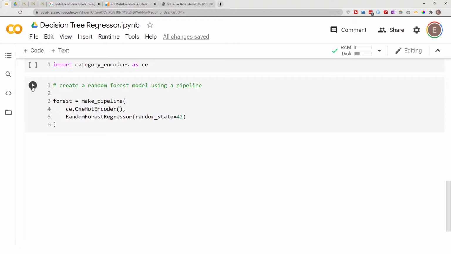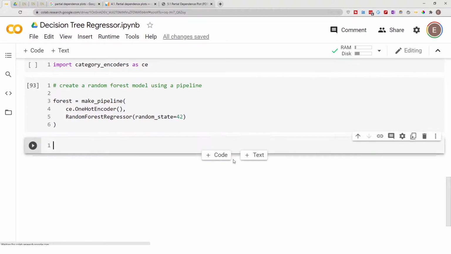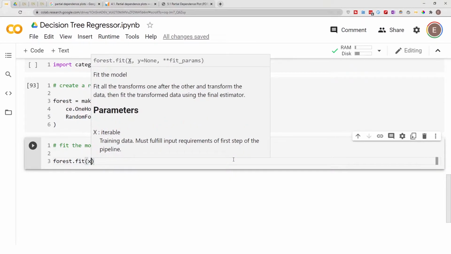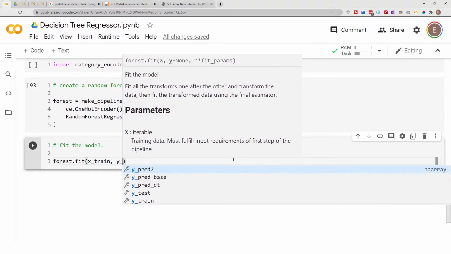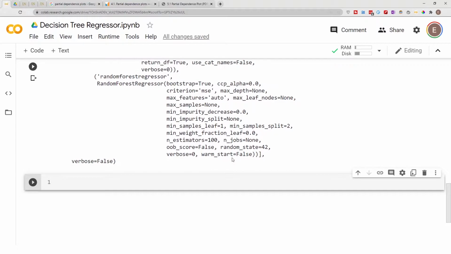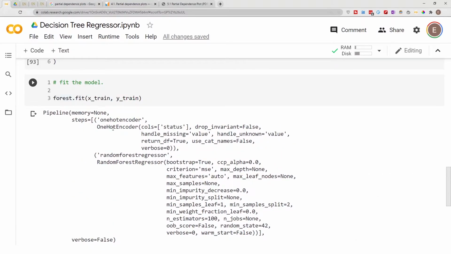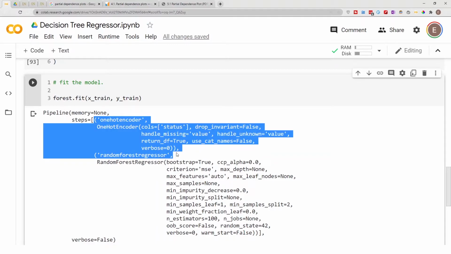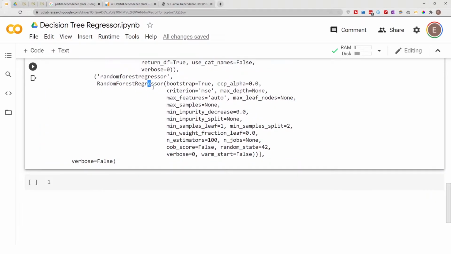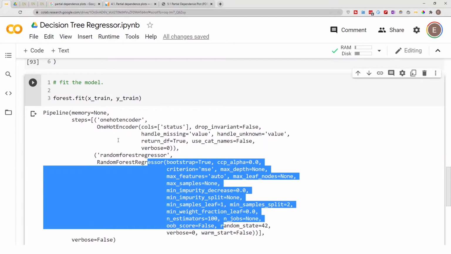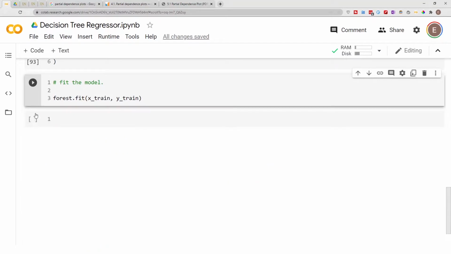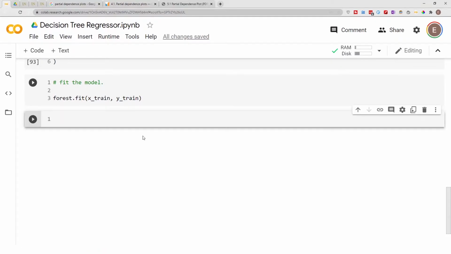Now that I've instantiated my model, let me go ahead and fit the model. So forest.fit, I want to fit my X_train data, and then my y_train data. When I did forest.fit, first it did the encoding process on my data frame, and then it fit the random forest regressor model on it. Like I said, go ahead and watch the video on pipelines. Now that we have set the background and done all that, let's go ahead and actually build the PDP plot. So this is the two feature PDP plot